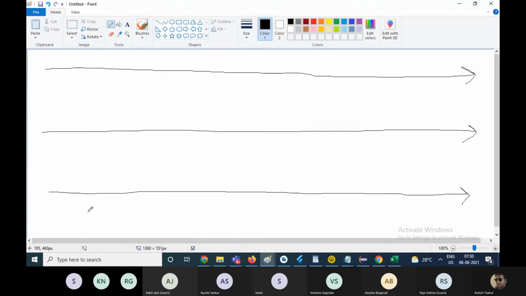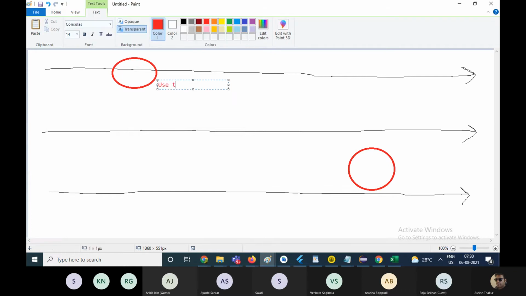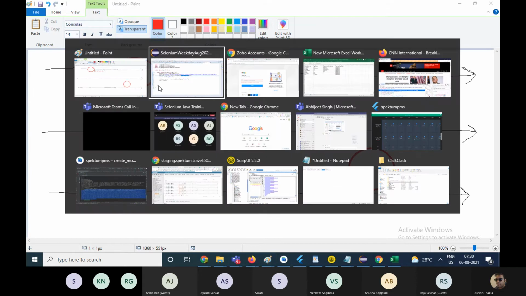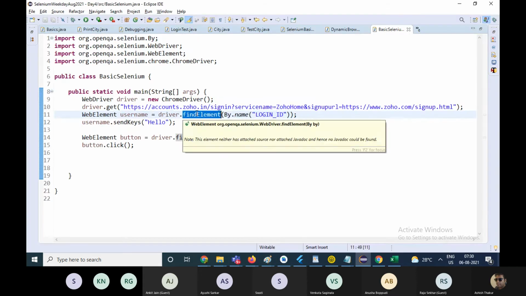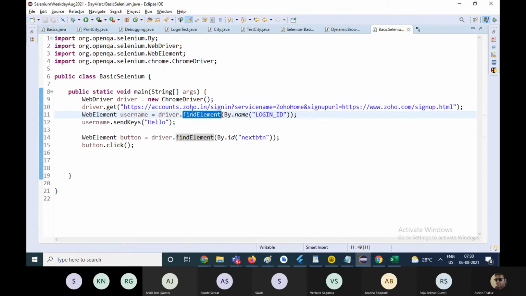Scans the web page like this. If there are two elements on the web page, one is over here and one is say over here, which have the same ID, then Selenium will use the first one. Driver.find element command, it uses the first element.